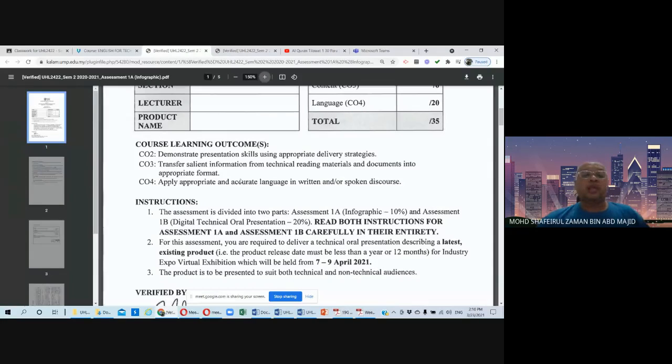So after this, we are going to look at the draft of the product that you have chosen, and then you're going to get my approval. Once it is approved, you're going to prepare the presentation outline, and then from the presentation outline, you're going to further develop it. Next week, we're going to learn how to create an infographic. So you are going to transfer all of the information that you have gathered from the internet search, and also maybe from other sources, and put it in your infographic.